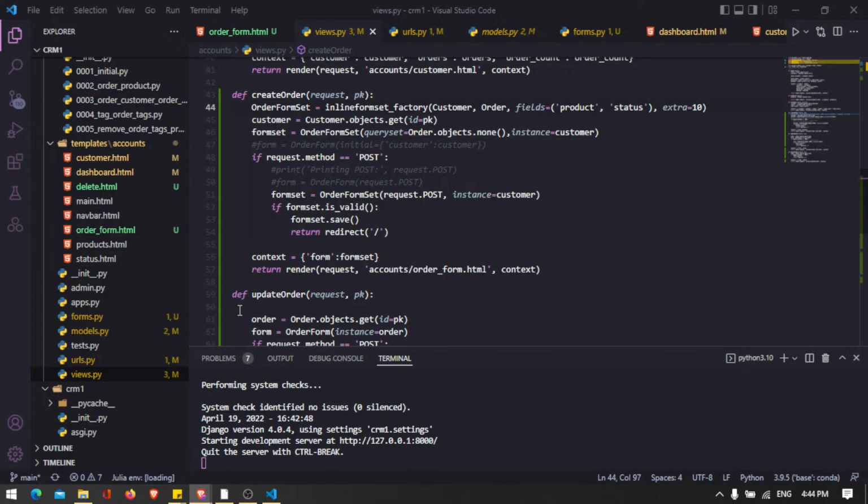So this is going to make our tables very dynamic and allow us to search in a whole bunch of